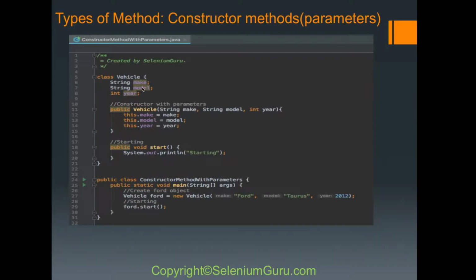You see, this dot model means this variable inside this class. This dot model equals this model right here, and this dot year equals this year. So you're saying, I created a constructor and I'm saying this variable equals this parameter make, and this variable equals this parameter model, and this variable equals this parameter year. And I've got this instance method start, and it's going to say starting. Now I've got another class in here. It's got this main method. So when I say vehicle, this is this class Ford, one of the types of vehicle, equals